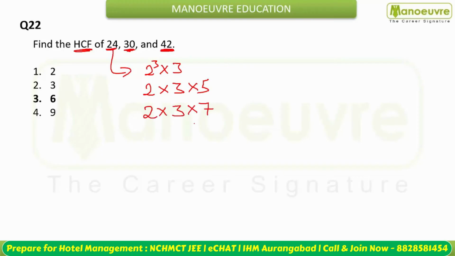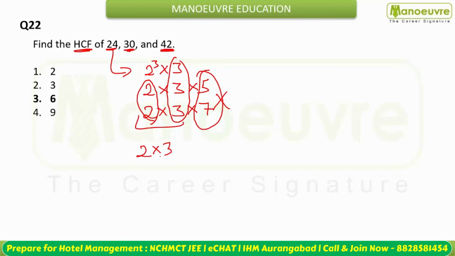So from here you need to check out which term is common. 5 and 7 common नहीं है, 3 आपका कॉमन है and 2 का पावर 1 कॉमन है. So answer gonna be what? This gonna be 2 into 3. So 6 is the answer. Otherwise आप डायरेक्टली हिट करके भी देख सकते हैं कि हाँ which is the highest term which is dividing every one. Okay,